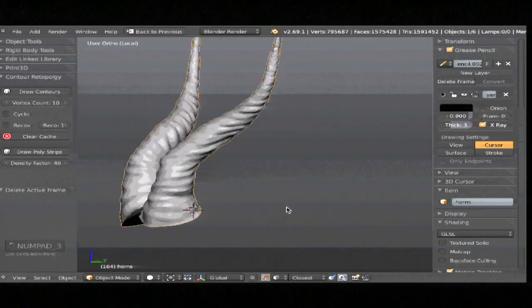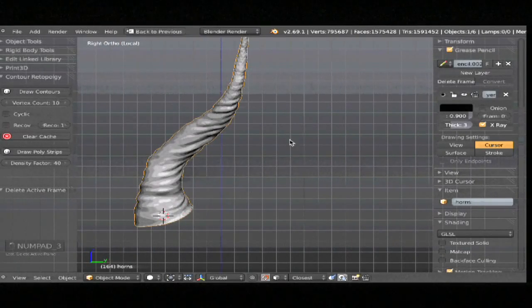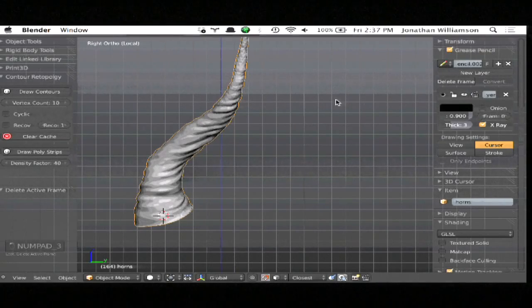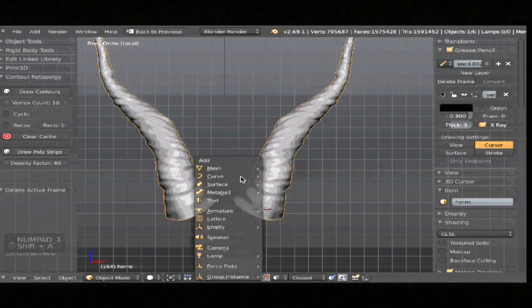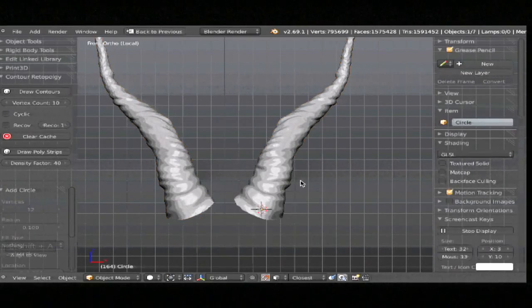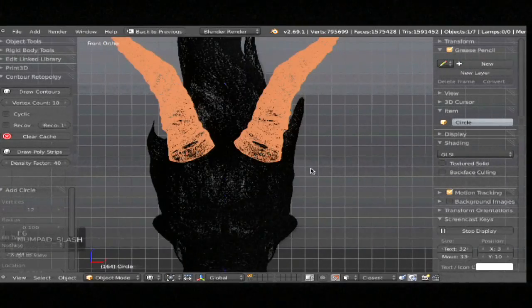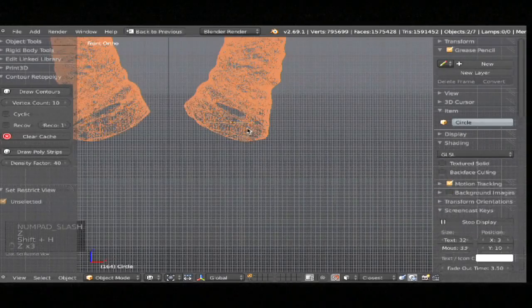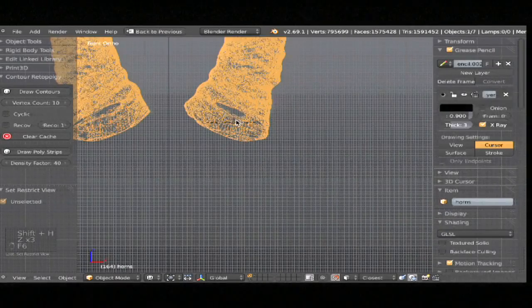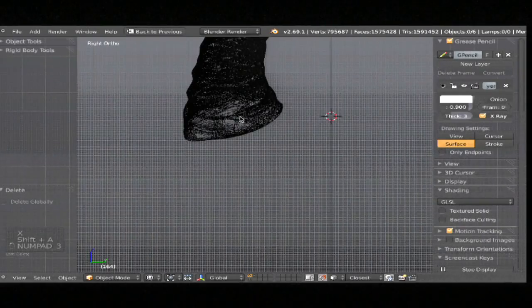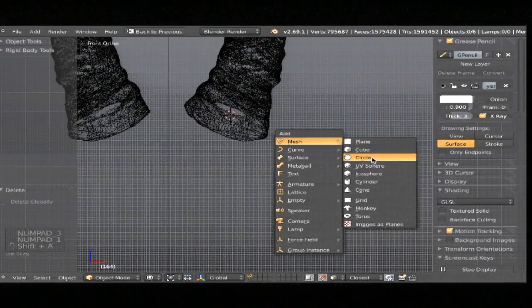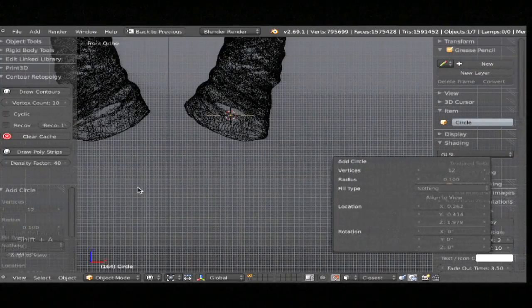So normally what we would do, and this is, by the way, a shameless self-plug in just a moment, because it's a tool that we're making. Normally what you would do is you would use a mesh and a circle. You would go in and set your vertex count. I was in local view, so it didn't work. There we go. So you add a circle, set your vertex count to 12,